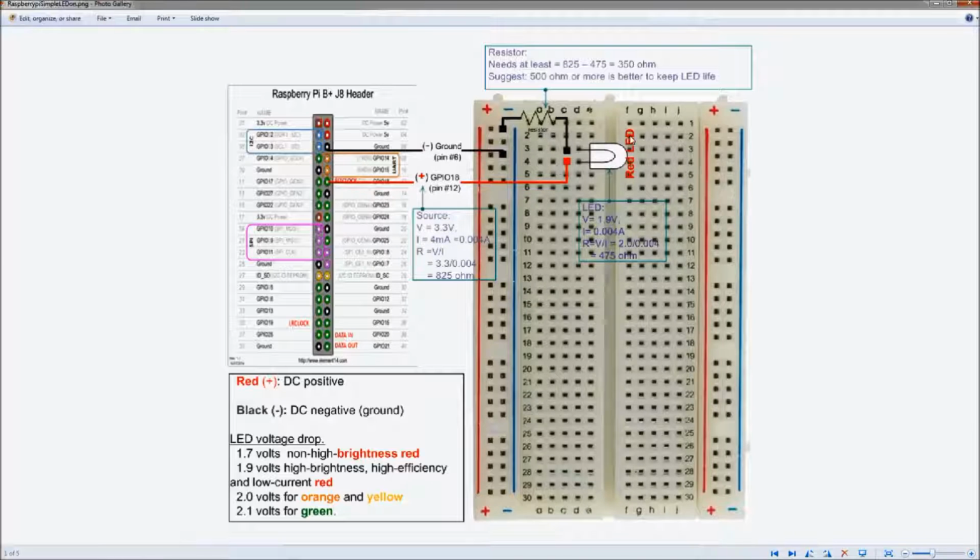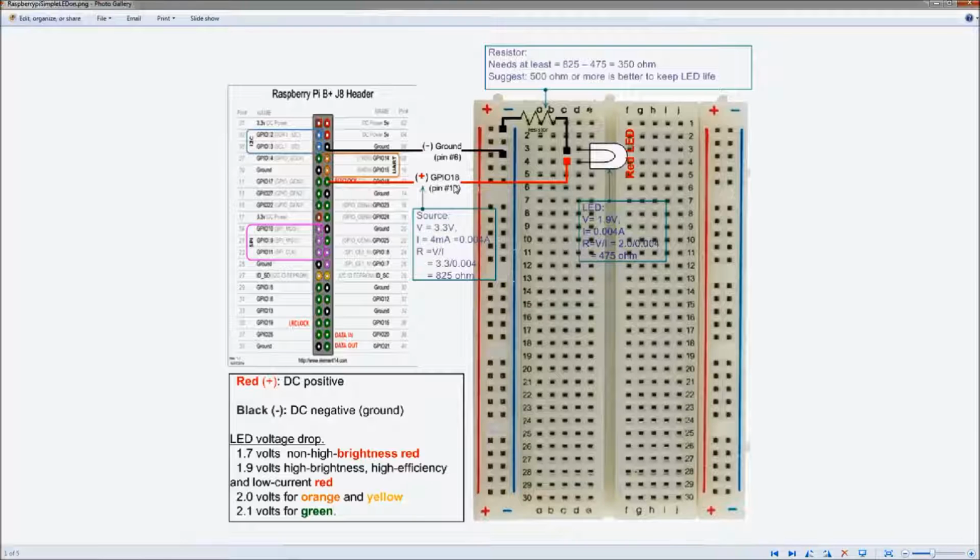That means the LED has 4 milliampere, and the resistor still has 4 milliampere. Back to the red LED over here. When you have the voltage 1.9 and the current 0.004 ampere, you can calculate the resistance for this LED. It needs 475 ohm.